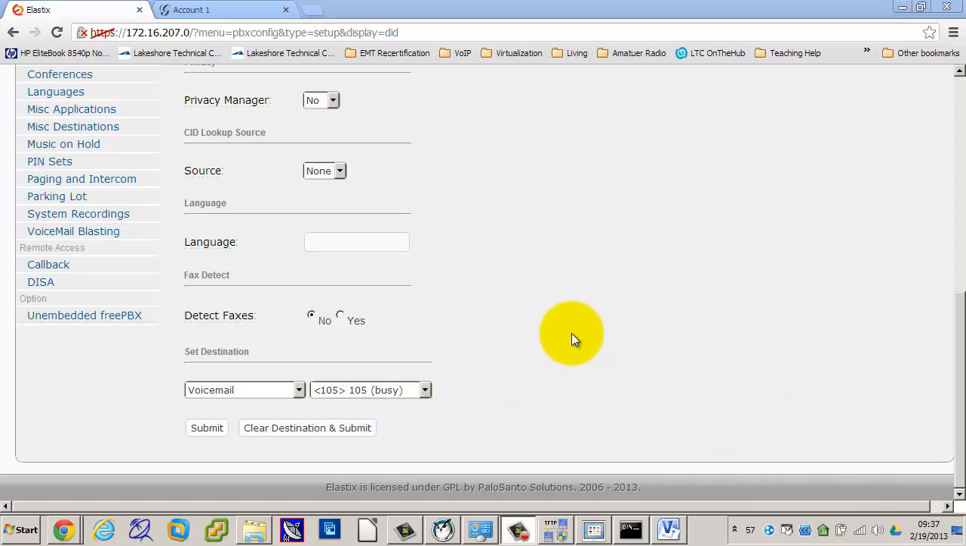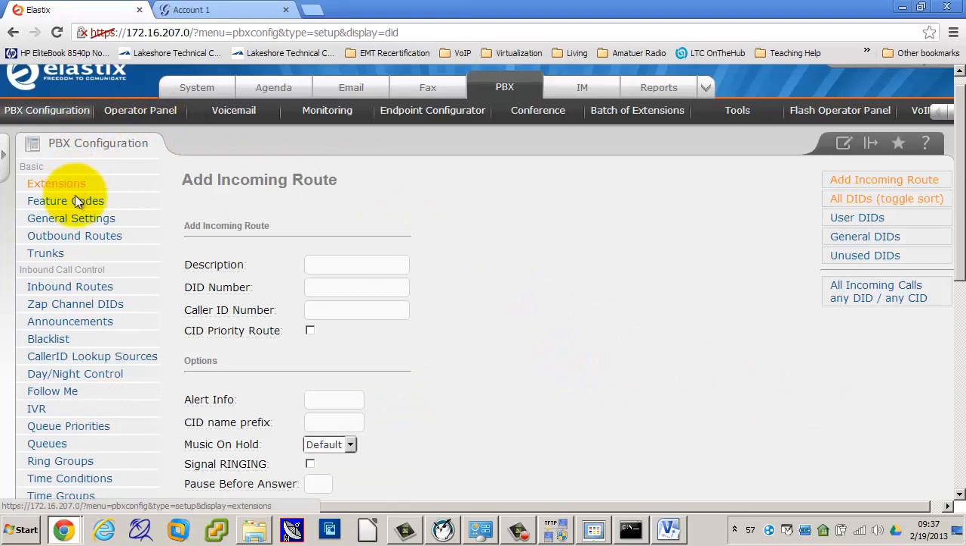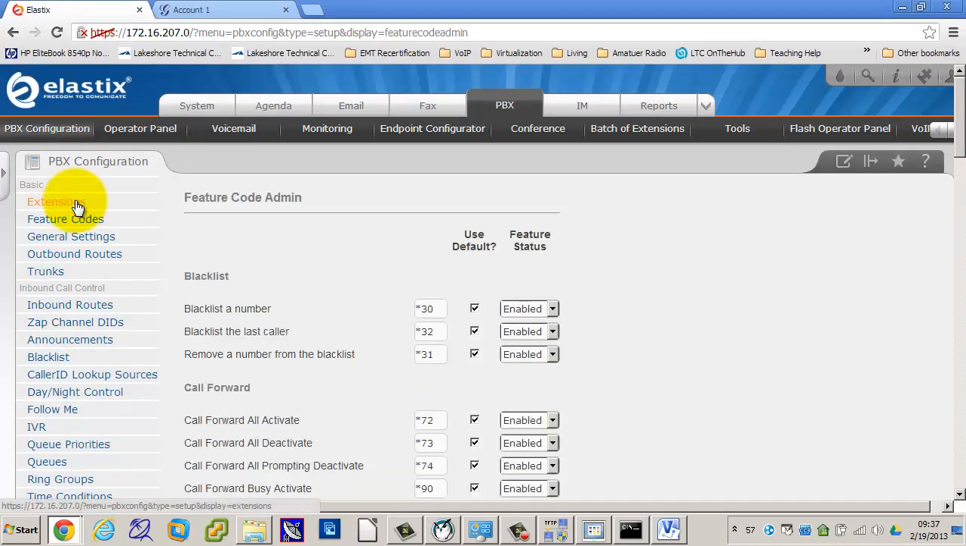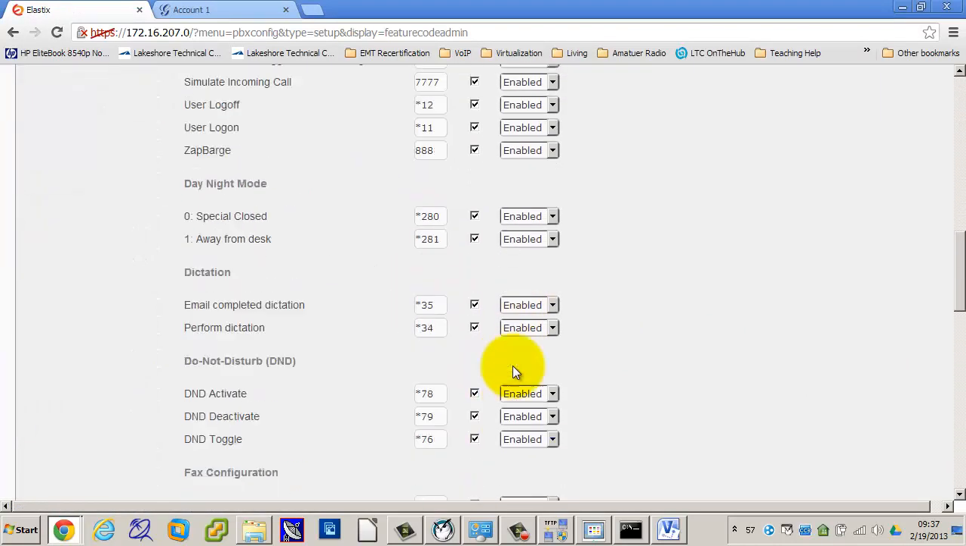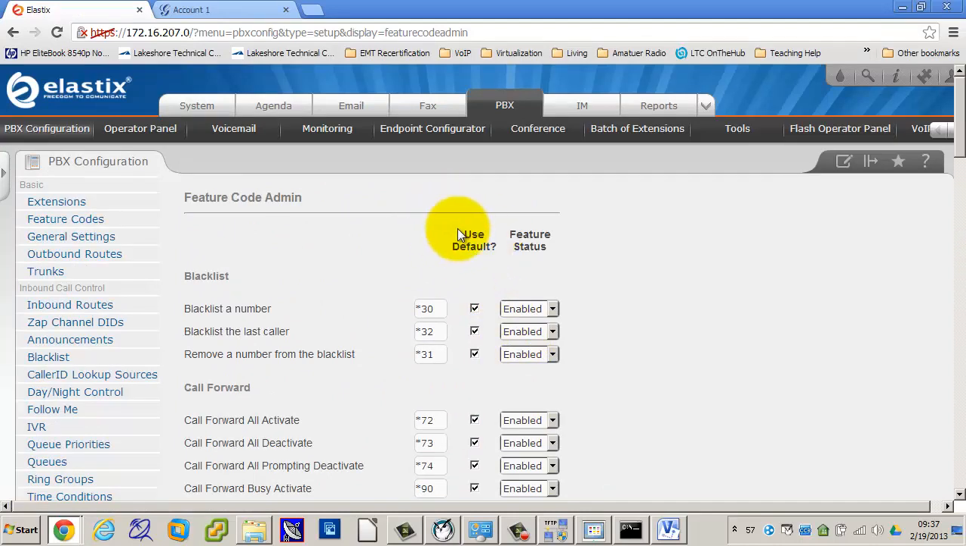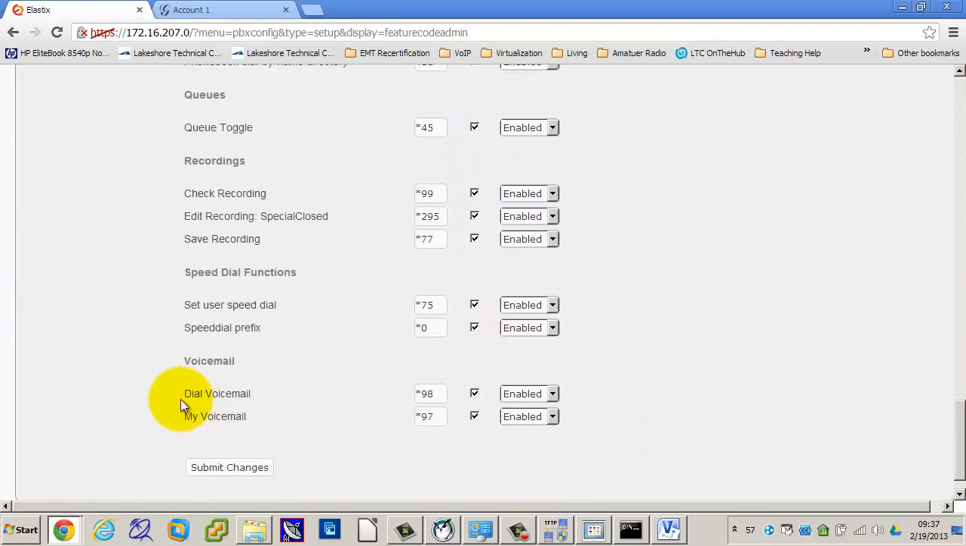You can change it if you want. It's under PBX feature codes. Feature codes is what it's set up. The default, but this little checkbox here says use default. Everything's checked on ours. But for dialing, the default is *97. If you didn't want that to be *97, you could uncheck this box and then type in anything that you want. So you could actually make it